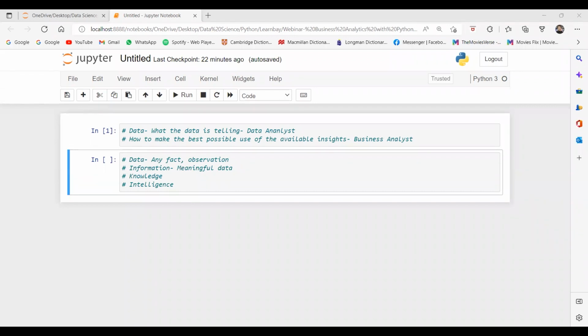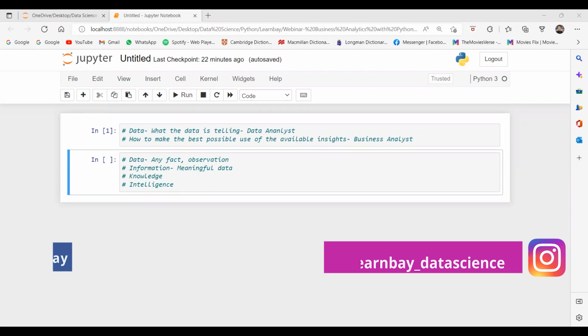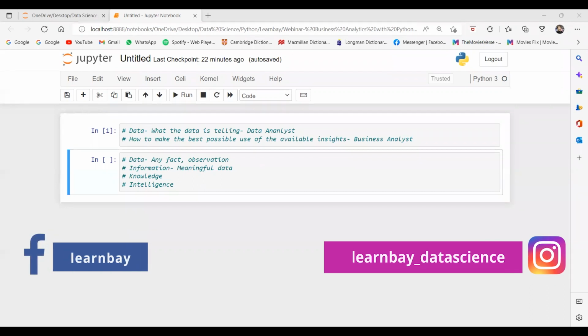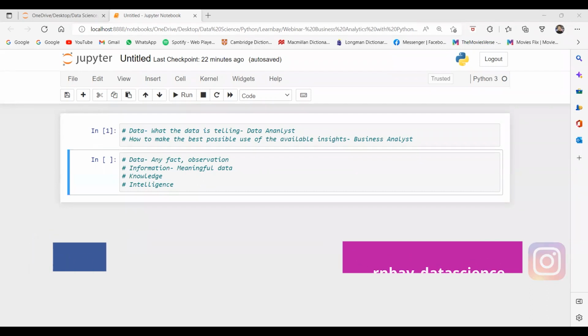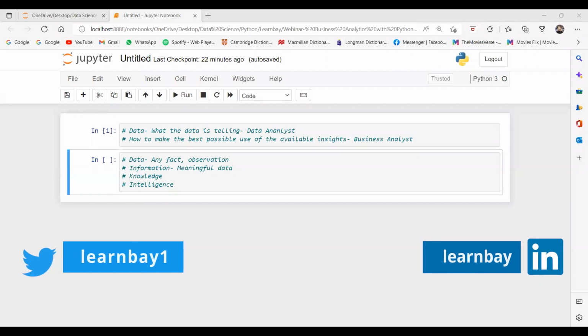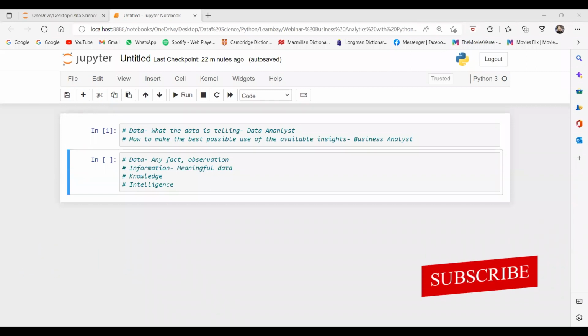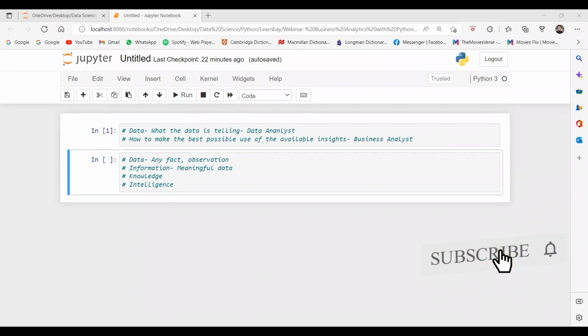So let's try to understand the skills required by a business analyst. First of all, he should understand the business objective, yes or no? If he doesn't understand what the problem is, then he won't be able to provide any solution to it. Moreover, he should have analytical thinking.